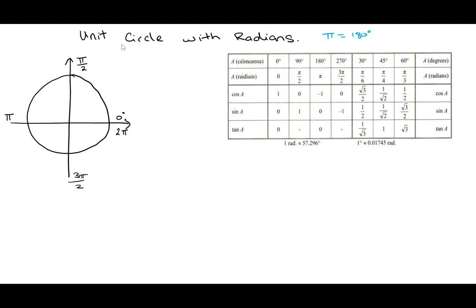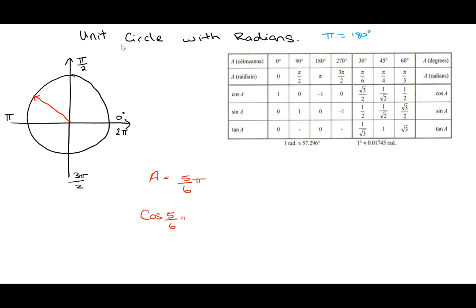Okay, now let's say we have a more complicated angle. Let's say my angle is 5 over 6 pi. Now 5 over 6 is not quite 1 pi. 5 over 6 is close to 1, but it's not 1. So I know it's in this quadrant. So let's say I was looking for cos